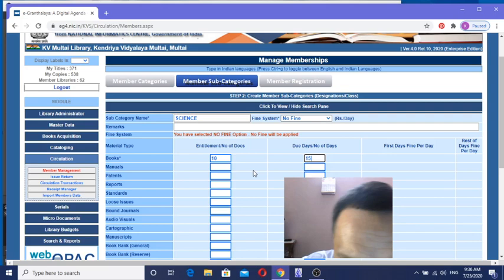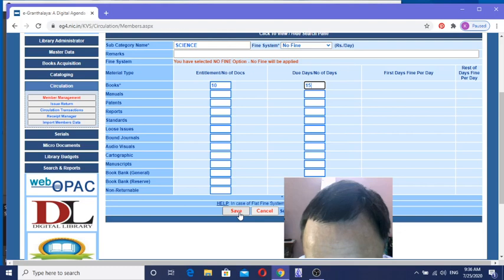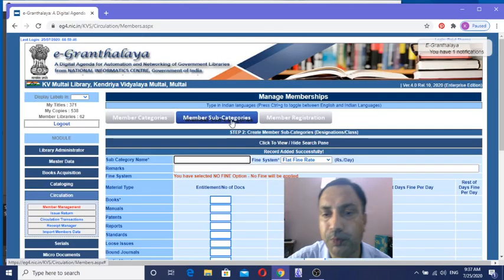Books, the first one is mandatory. I am just putting mandatory because it's a demonstration. And after that, save. It has been saved successfully. Record added successfully. After adding the member categories and member subcategories, we will shift to the actual work, that is